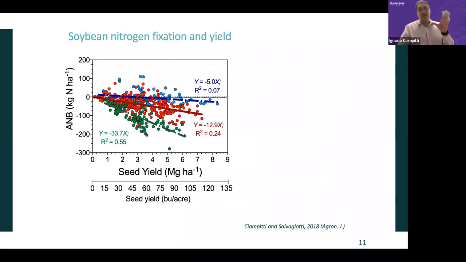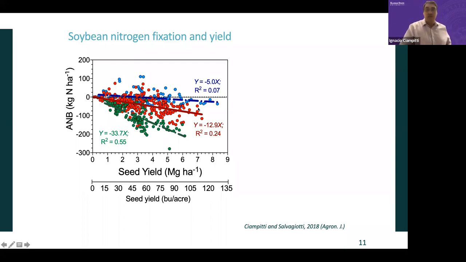And then we tried to do some analysis, very briefly here, to ask whether there is any relationship between this balance and the yields. And we see, yes, there is a relationship, only in situations where we have poor fixation. So the green line, if you remember, are situations where we have less than 30% fixation. As we increase yields, our balance becomes more negative. In many other places, there is no clear relationship between yield and fixation, which means that we can have very large yields, closer to even 100 bushel plus.